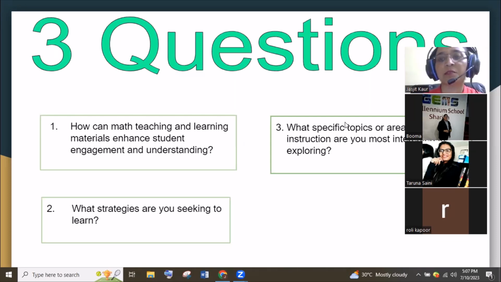So math TLMs can include open-ended questions, problem-solving activities. Very good, Purnima ma'am, that's great. The problem-solving method requires the students to analyze, evaluate, and apply mathematical concepts. Do you know that students need open-ended questions or high-order thinking skills?